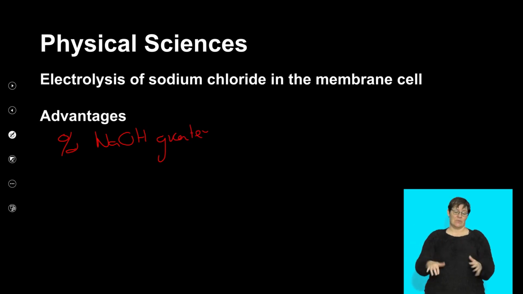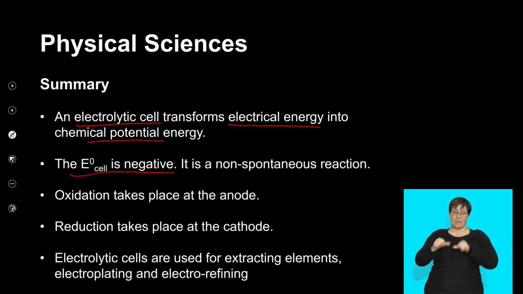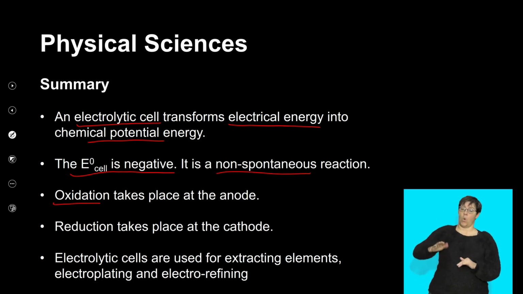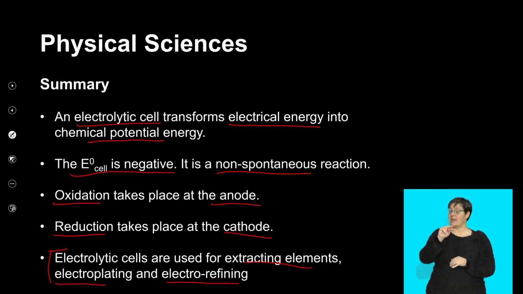And there's less wastage. Just to revise quickly on these overall electrochemical cells, remember they transfer electrical energy into chemical potential energy. The E naught of the cell, when we calculate it, is always negative because you need an input. They're non-spontaneous. Very important. Oxidation takes place at the anode always. Reduction takes place at the cathode. And please learn what the electrolytic cells are used for: extracting elements, electroplating, electro-refining, and of course, they're also used